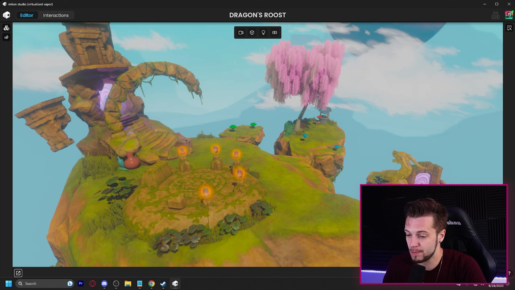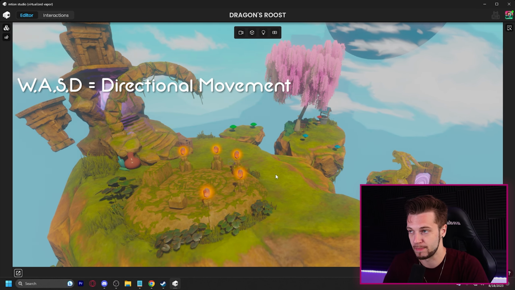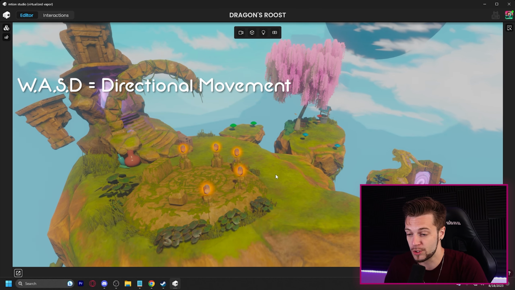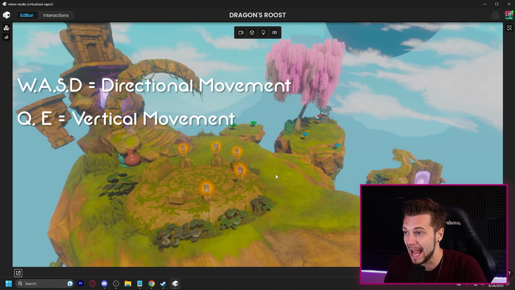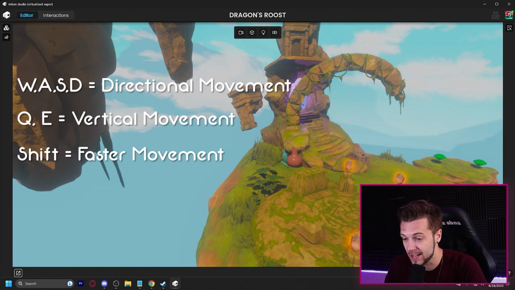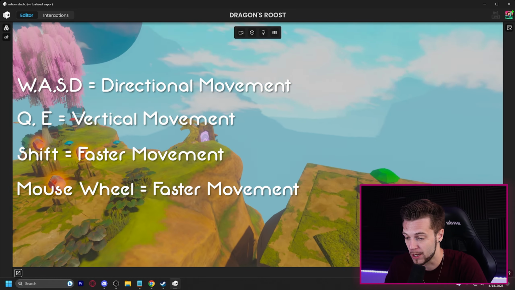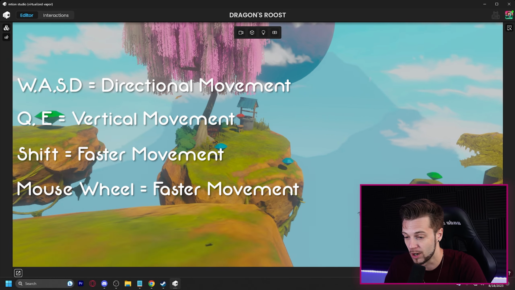Moving around is very simple, similar to playing really any PC game. You use WASD to move forwards, backwards, left and right. You can use Q and E to go up and down. You can also hold Shift to move faster around a clubhouse. Accompanied with your mouse wheel, you can also scroll your mouse wheel forwards and backwards to go faster if